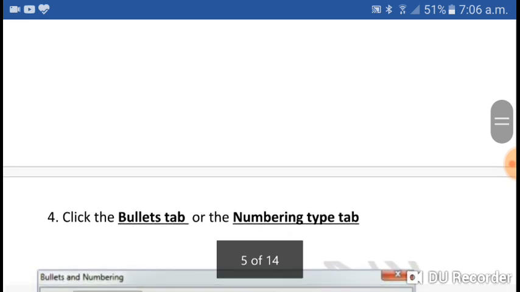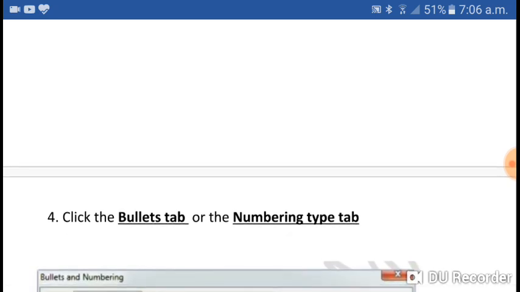That bullet will be inserted in your document. And for the next line, after typing the first line, if you press the Enter button, automatically there will be a bullet for the second line. And if you don't want it in the second line, then press the Backspace button, then it will be deleted from there.